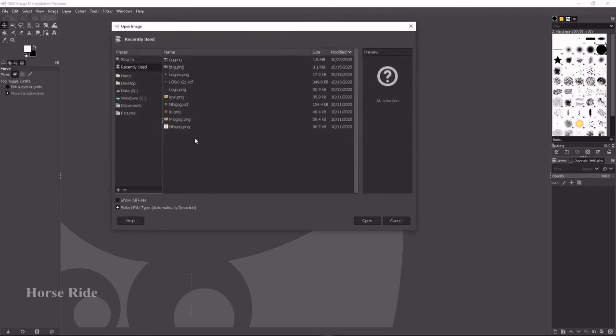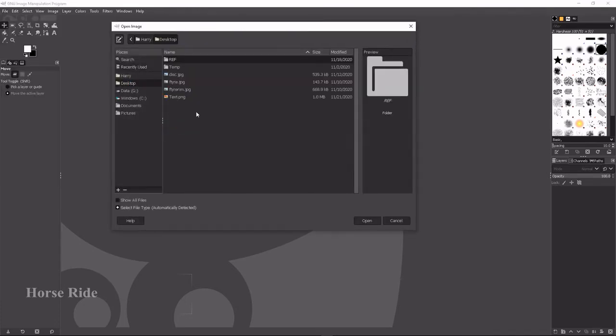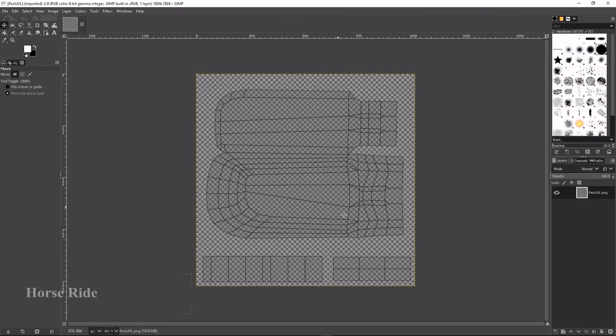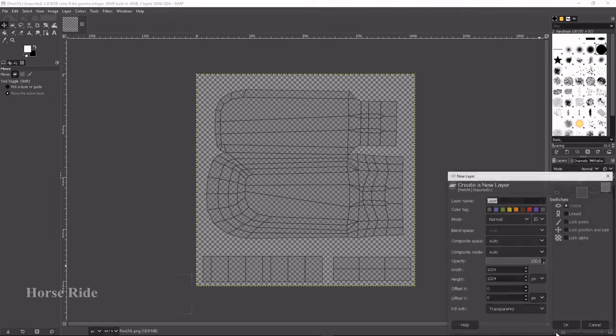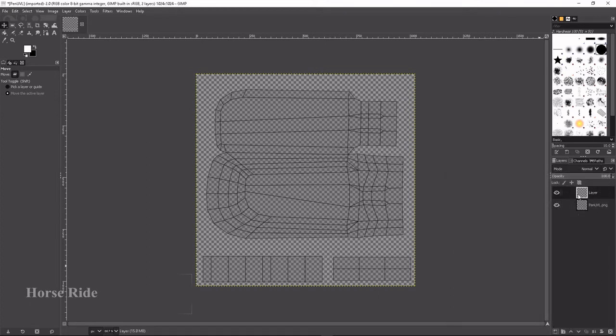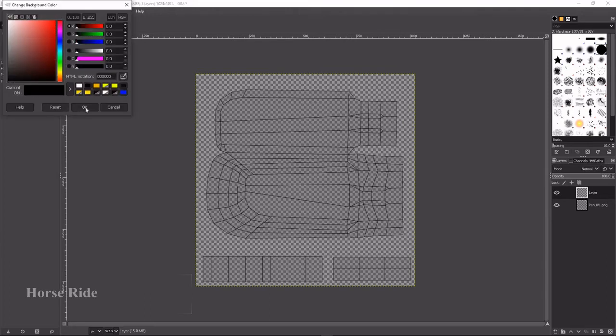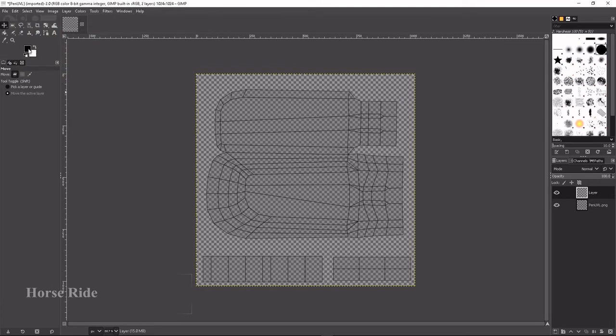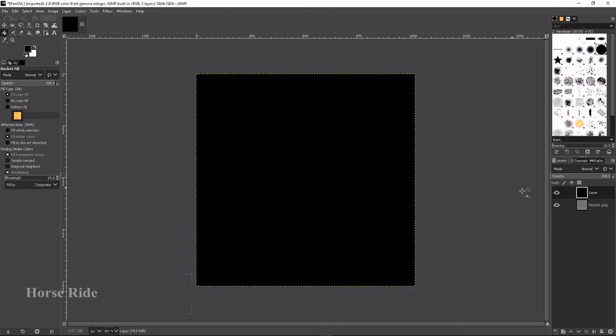Go to File and open the file. On the desktop you can see, sorry, I have copied it in some other location. Go to pictures. So here you can see the pen drive UV layout. I select that and open the same. Now our UV layout is opened, so I create a new layer and press OK, and this layer I'm going to paint black. So press this arrow key to make the primary color black and select the paint tool and paint it. So now our black color layer is ready, so rename it as black.